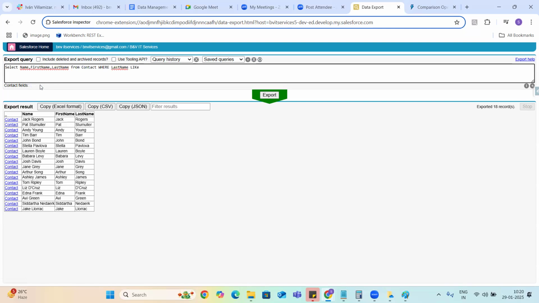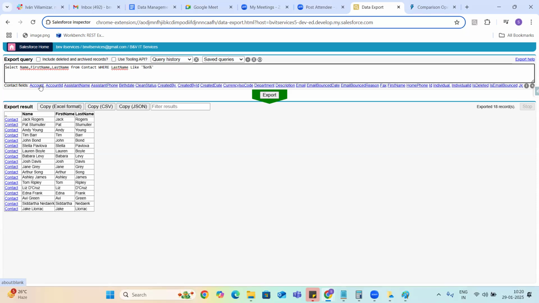Last name is a string, and LIKE operators can be used only on strings. Here I'm giving percentage ON percentage, just an example. Then it will pull all the contacts where the last name contains ON.